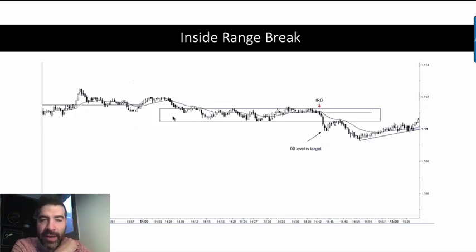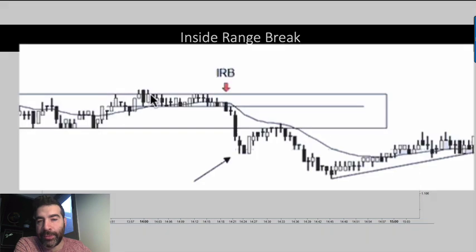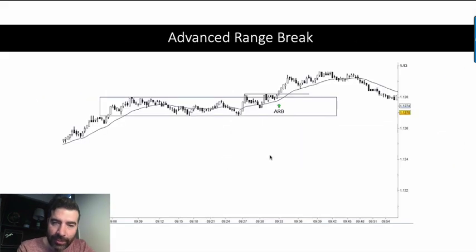Another case of the same example. You have over here this resistance that's hurting the bulls' chances. The bulls weren't able to break out, and there's a lot of pressure over here, and then it just gets lower. You see the lower highs with these little candles, and the pressure pushing it out from the EMA, and you shoot down. So this is what he calls an advanced range break, and basically what that means is a breakout of the range and a retest before you go.